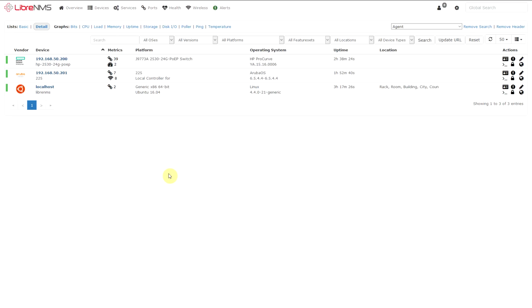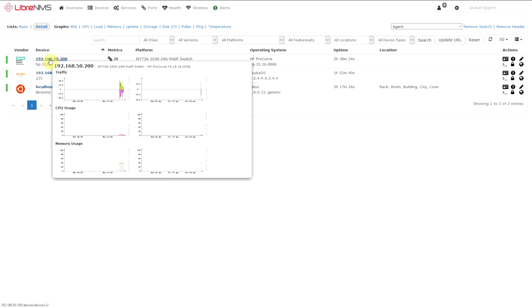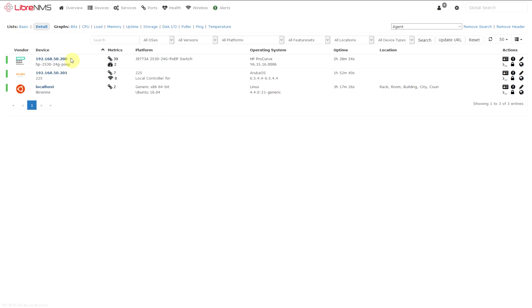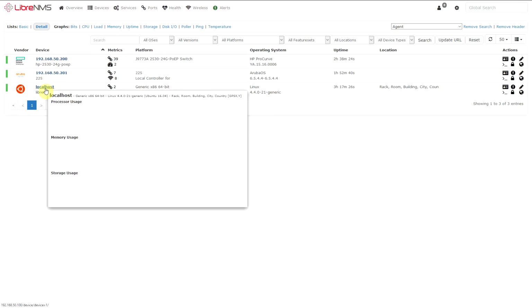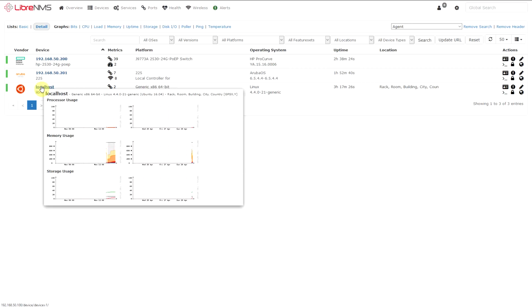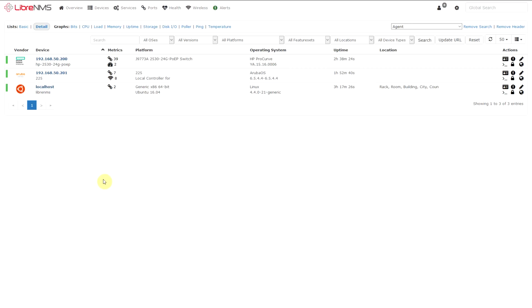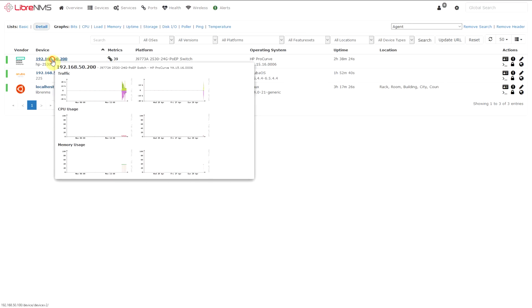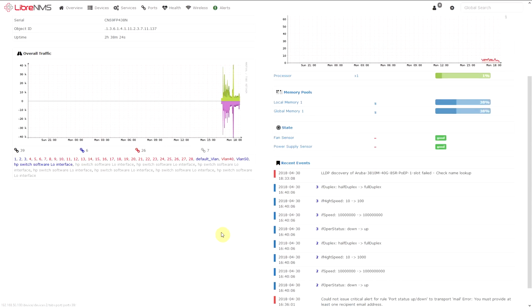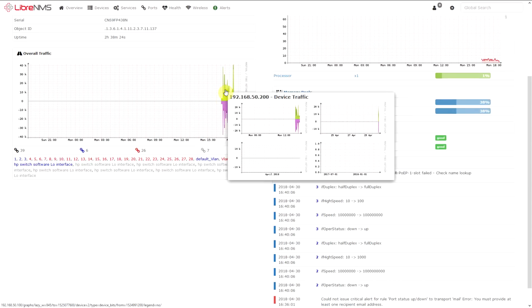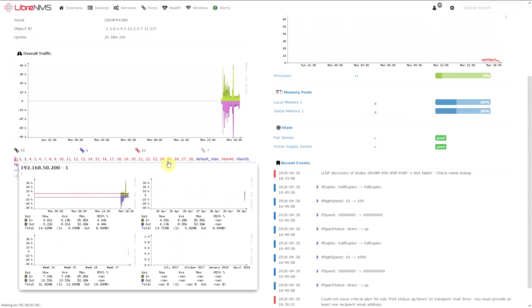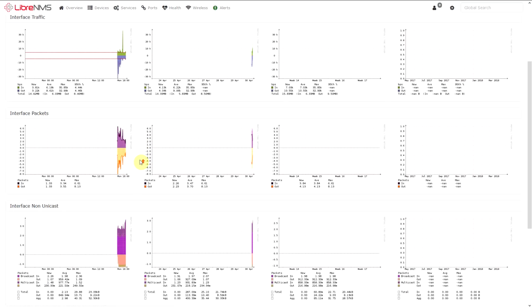So here it is. It just runs as a web interface. And you can see the switch that I pointed to out there before and the access point I've added. Now localhost is this Pi NMS VM that's running. So at the moment it's monitoring these three systems. So if I look at, say, the switch, you get info like what network traffic's happening on what port. So if I click on one of the ports, I get to see,